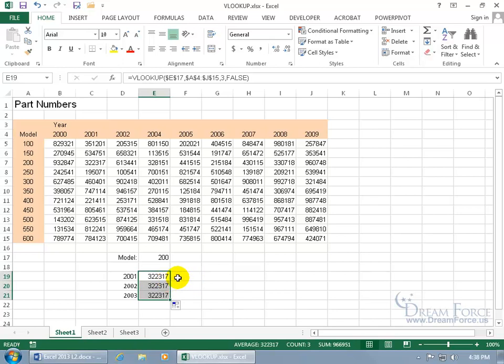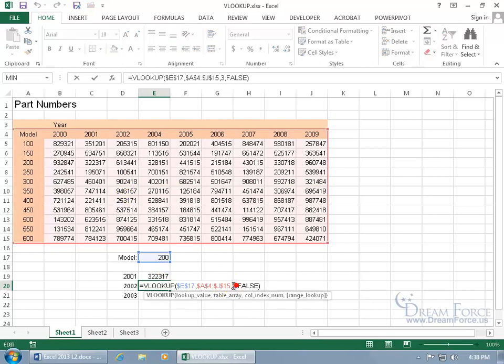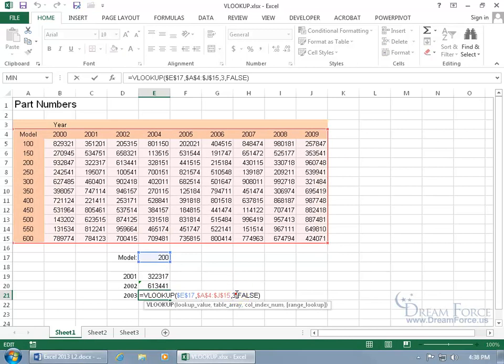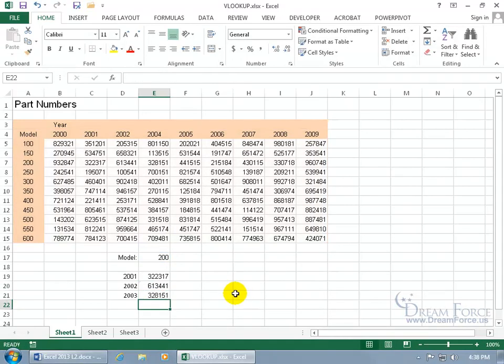So now the function is working accurately, except we need to update it. This function references 2002 or column 4. So we double click, we say 4. The next one, we double click and it's going to be 5. And there you go. So when somebody looks up a model number and says, I can use any part number